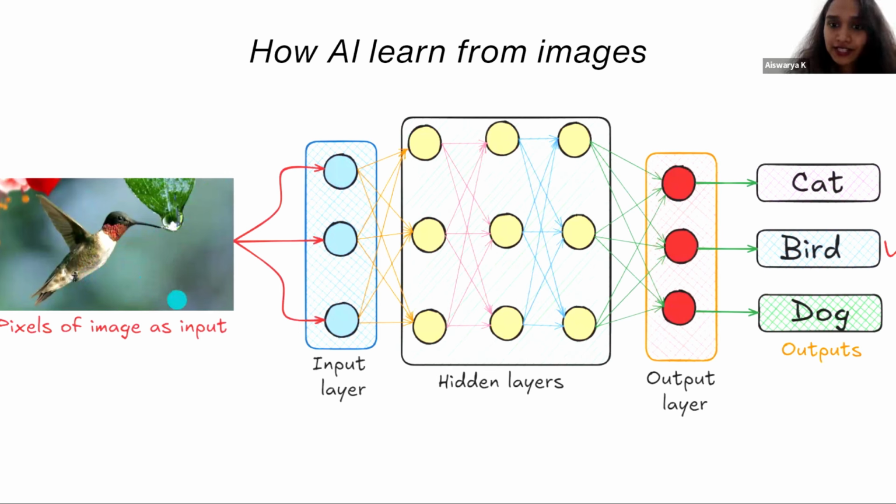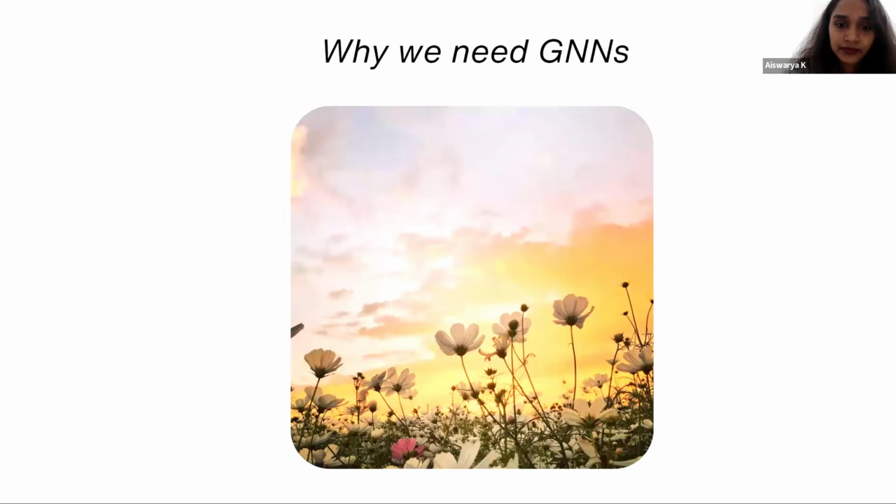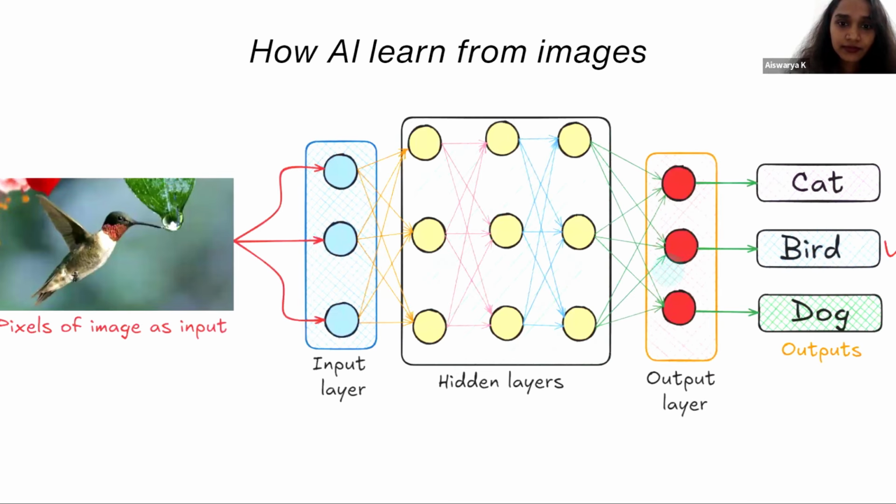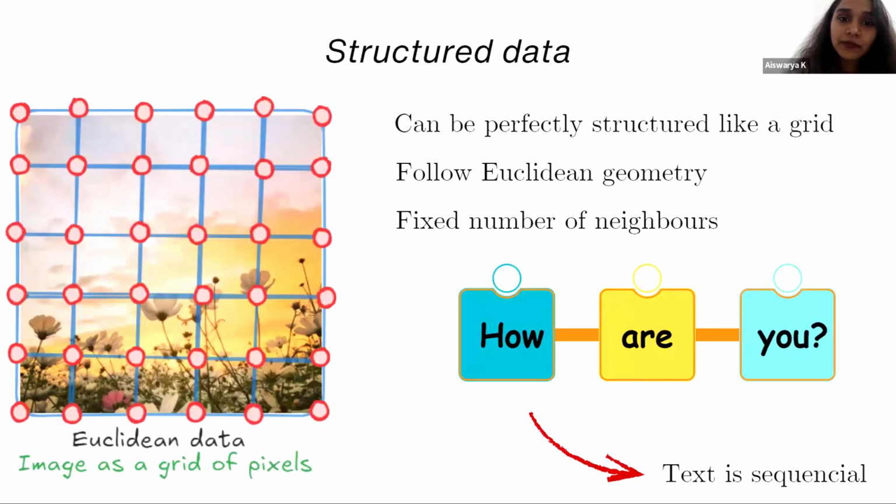Here, the data is highly structured and it is fixed. So the image can be perfectly structured like a grid. It follows Euclidean geometry. It has a fixed number of neighbors. Similarly, if we have text, these are sequences of words. So CNNs and RNNs can work here because this data is highly structured and follows Euclidean